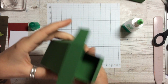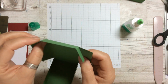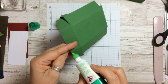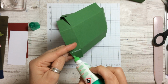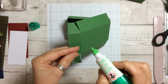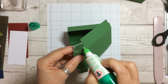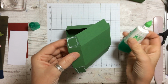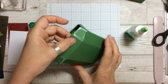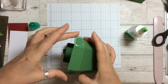Okay, so now the top piece will come in, and we want these pieces to go in underneath as well. So we're just going to add our glue on here, like that. And then add our glue in on this bit, like that, up to the sides. And then we're just going to put these in. Now what I tend to do is, so let's make sure that they're going inside. On there,